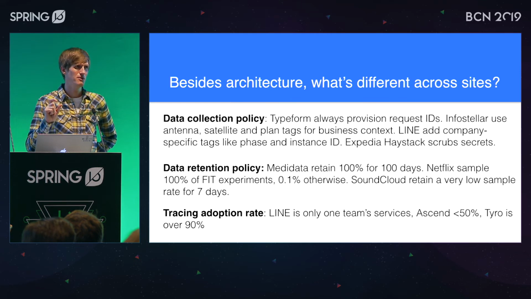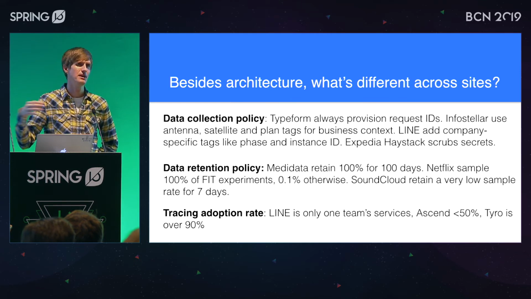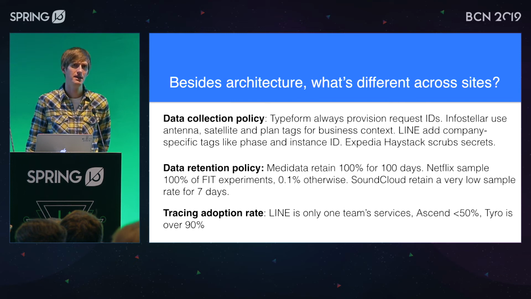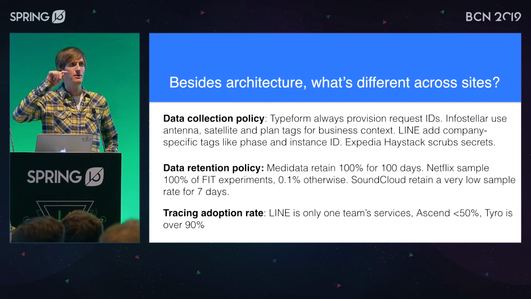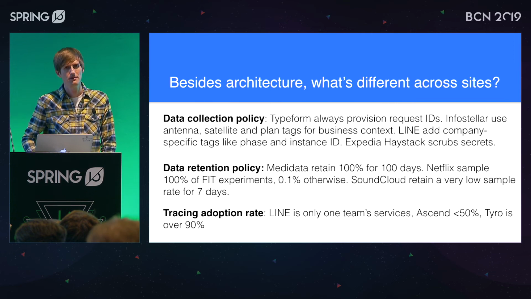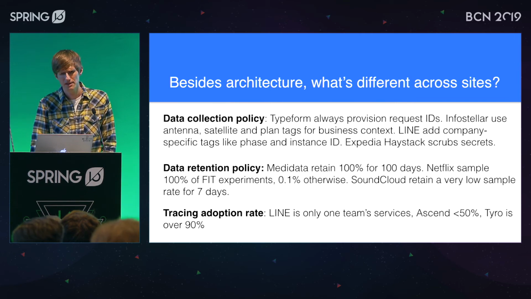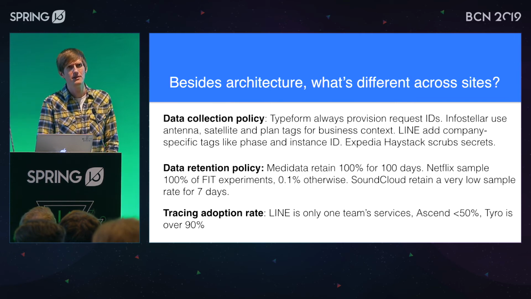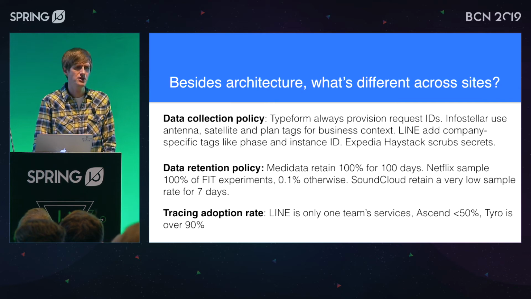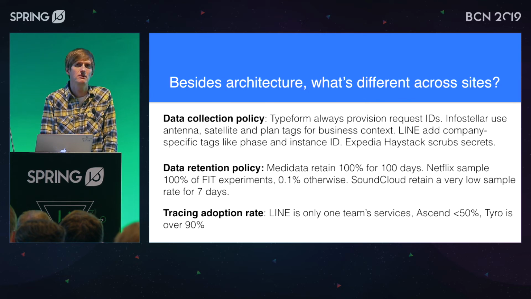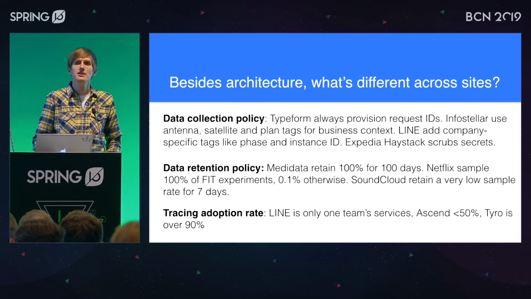And so during certain experiments, they'll collect 100% of traffic for those types of things into traces. And so based on headers, they decide whether or not to do that. So if you're using something like Sleuth, then you can see that there are ways to change your sampling policy based on HTTP requests. And one of the reasons could be that you want to get more traces because